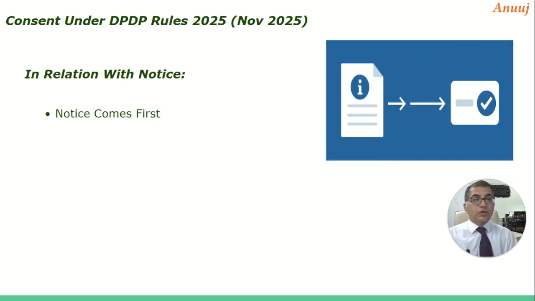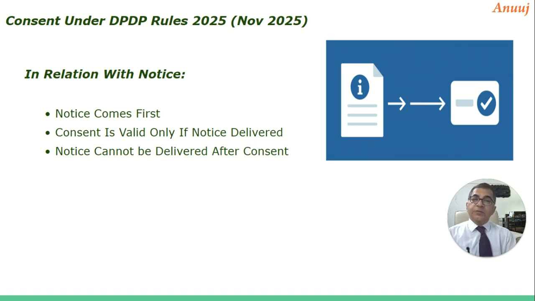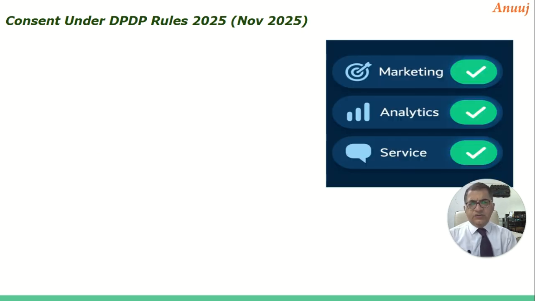And with respect to notice, the notice should come first because notice gives the information on how the information is going to be used. So once you come to know from the notice how your information is going to be used, then it is easier to give a consent, and it becomes valid if the notice is already delivered. Notice cannot be delivered after the consent. There could be changes, right? But if the changes are drastic enough, maybe you need a consent again. But if they're not, then notice is supposed to be given before the consent. Yes, you can publish a notice that this is a minor change, and so on.